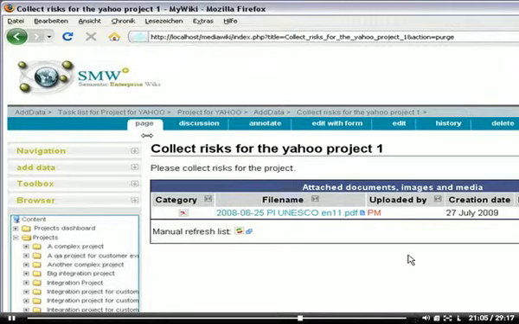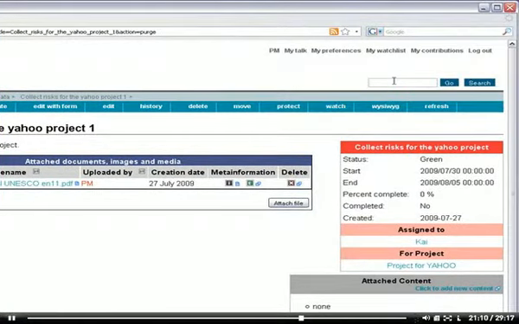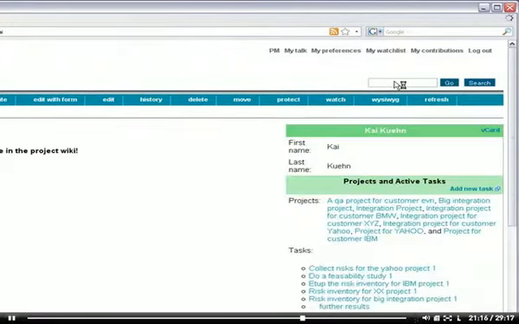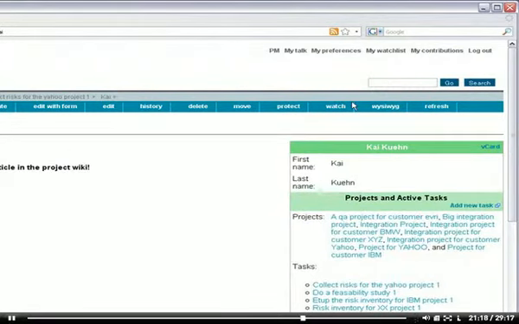After logging in, he comes to his personal page, which is this one. And in his personal page, he has all the info aggregated he needs to know: his projects,